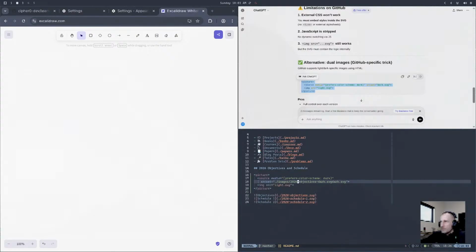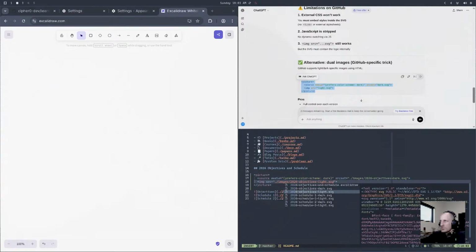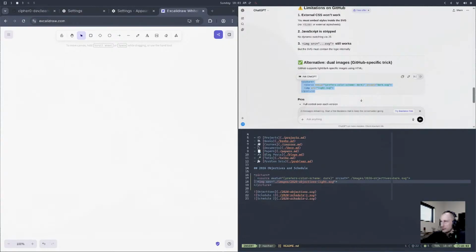Sorry. And then this will be images. Sorry. 2026 objectives light.svg. And then we have to have our alt text. Alt is equal to